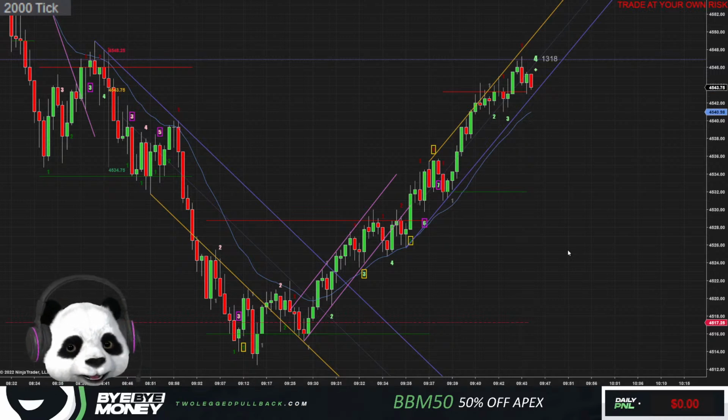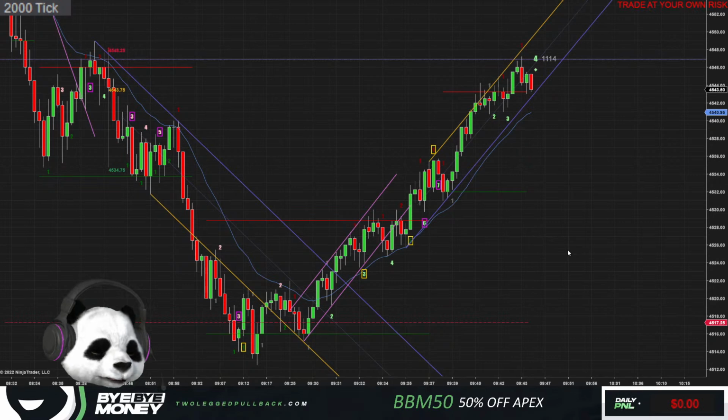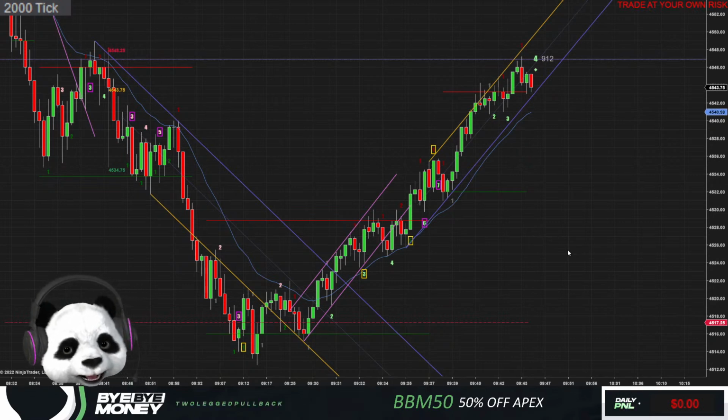In my opinion, I cannot go short here unless I have a failed second entry long. But even then, I'm still looking for a break of trend to a new high, because this trend is so strong. Unless it's going to make a top, I don't know.